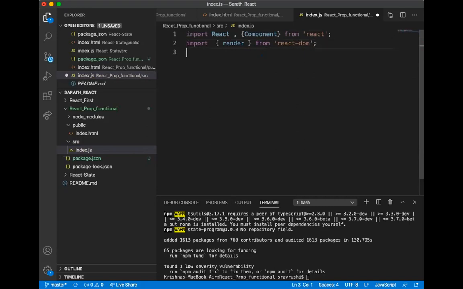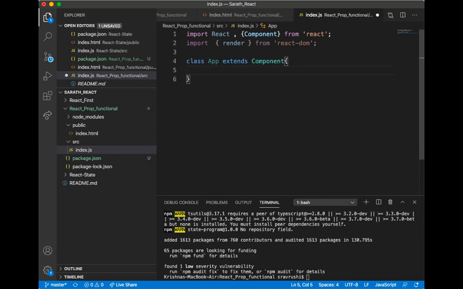Now I am going to create a class which extends the React Component, the Component I am taking. So my class will get all the React component related features.